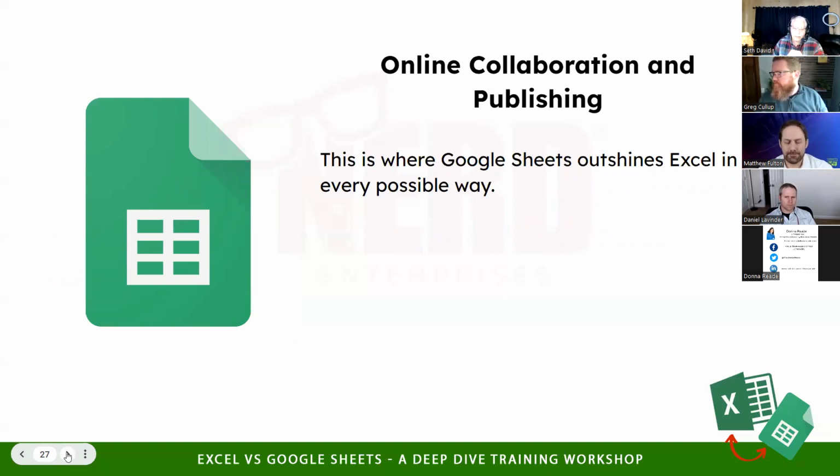This is where Google Sheets outshines Excel in every possible way, right? There's a lot of friction trying to get something shared in Excel. In fact, I just recently got an Excel file from a CPA firm. I couldn't open it because I'm not in their SharePoint domain. And so they had to take it out of the SharePoint domain as a separate file and send it to me via email, which defeats the whole purpose of having it in SharePoint, which was the security, I'm assuming, right?